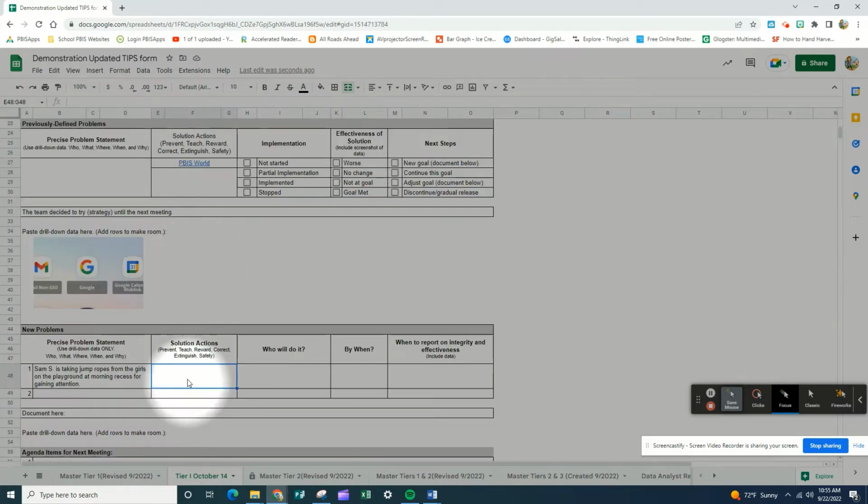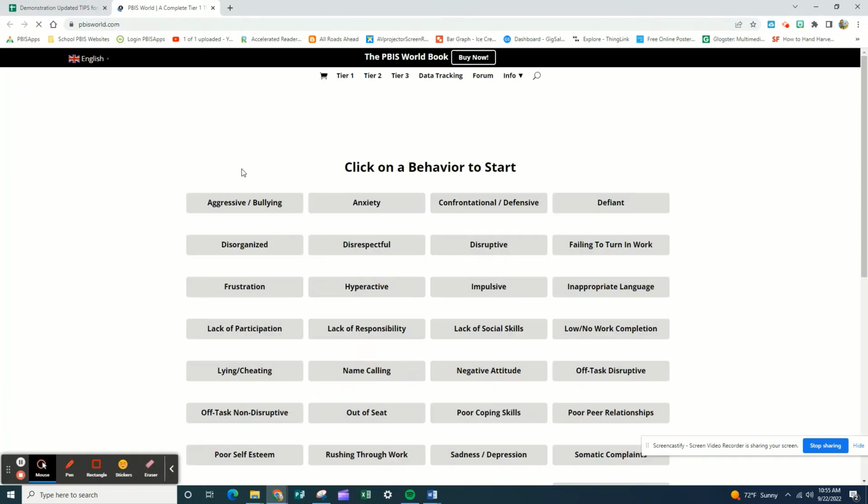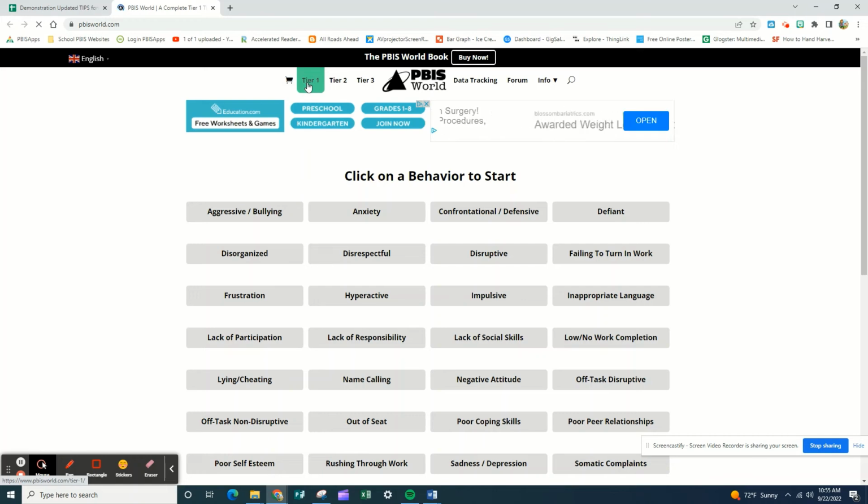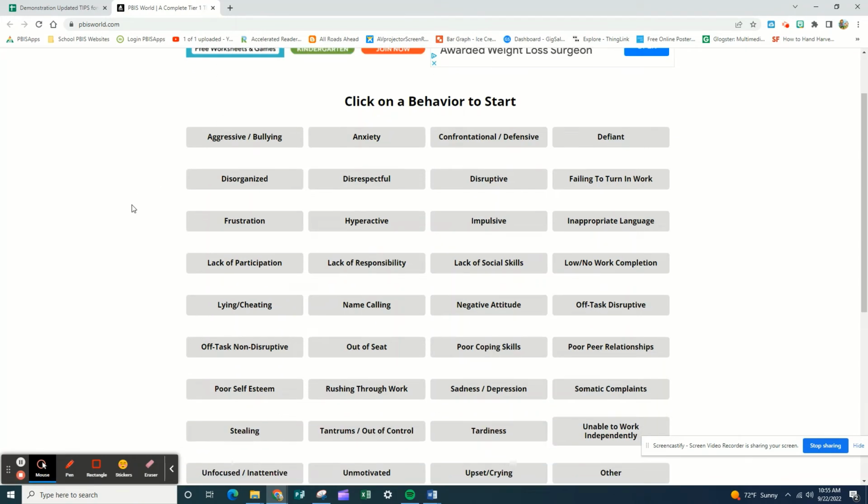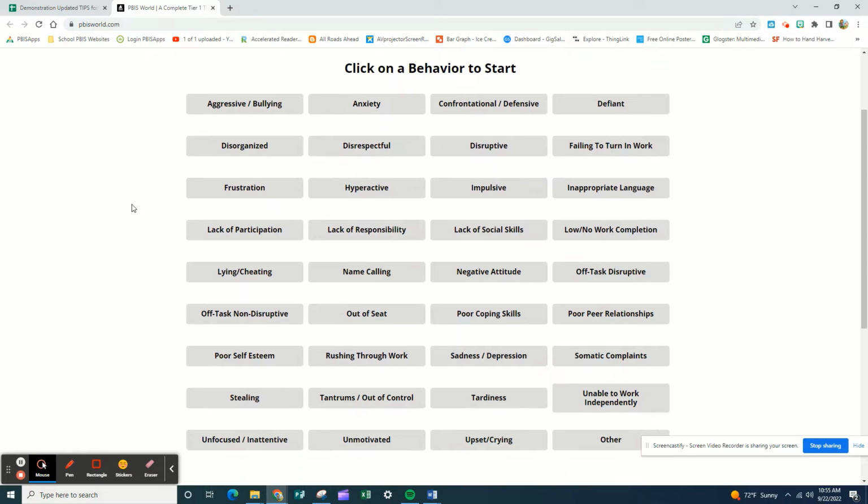Once I hit enter, it's going to wrap, so you don't have to worry about stretching out the rows. If you stretch out the rows, it's going to mess up your other columns, so just leave it the way it is. Okay, so we're going to go for a solution action. I'm going to add PBIS World into this section, but you can just scroll up too. It's right there. Now, I'm not going to take the time to look for exactly this problem, so I'm just going to pick one. I'm on tier 1,